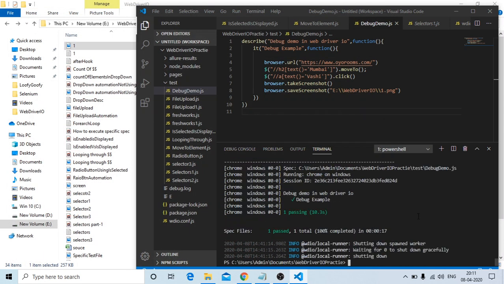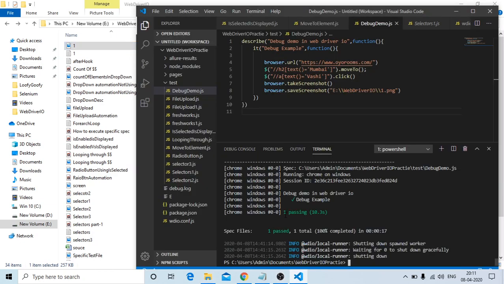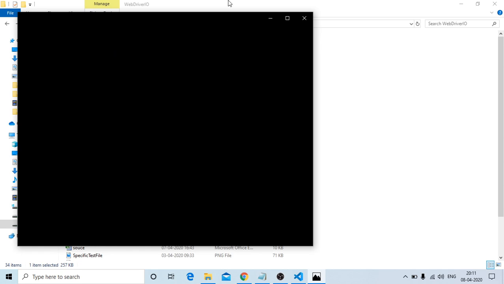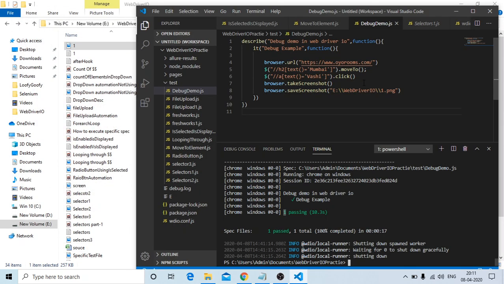You can see it clicked and it closed. Now let me refresh this again. Now you can see it is successfully executed. That means the same file got replaced. Right, cool.